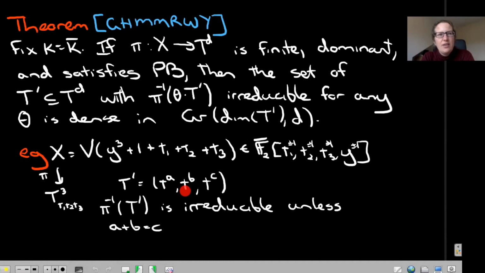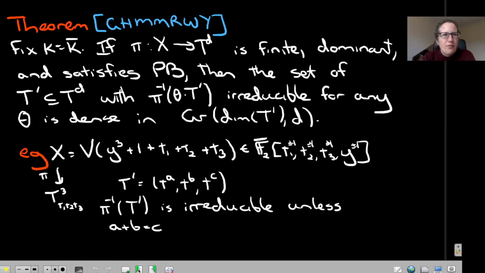Then if I take this one-dimensional subtorus of the form t to the a, t to the b, t to the c, where a, b, and c are your favorite integers, then the preimage is irreducible unless a plus b equals c. And this example and the subtorus are actually cooked up to be exactly explaining what goes wrong in,